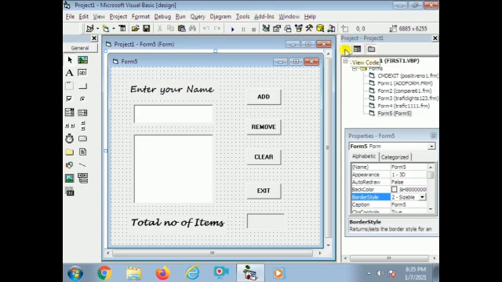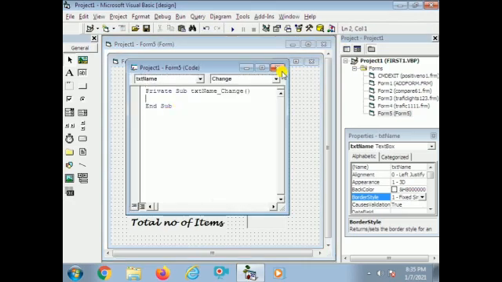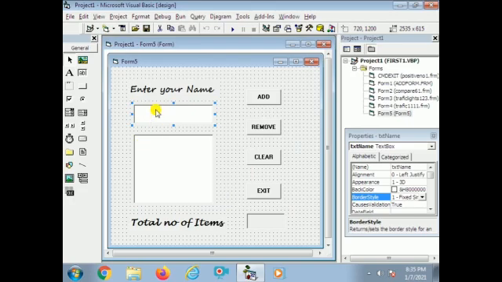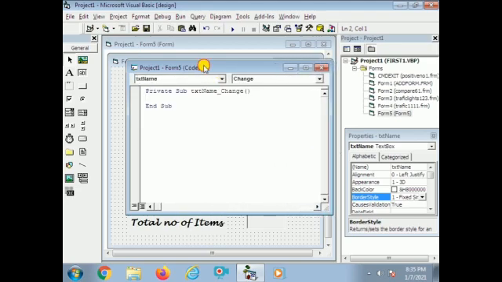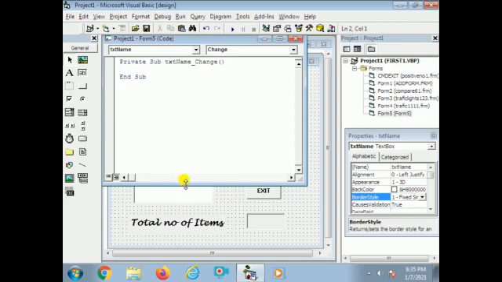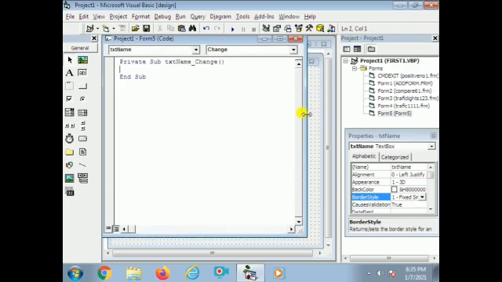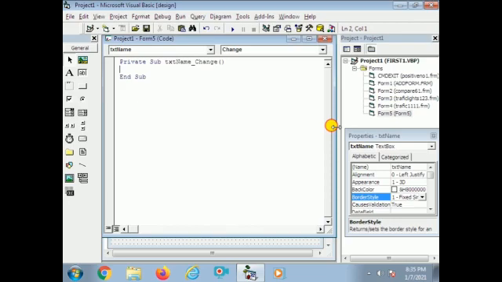This is the view object, this is the view code. We can go to view code and view object using these 2 buttons. When I click on the text box, we get this procedure, Private Sub txtName_Change. Every text box has a default event procedure, which is change, when the value is changed. So when we change the value in the text box, this procedure code will be executed. What I want to give here is